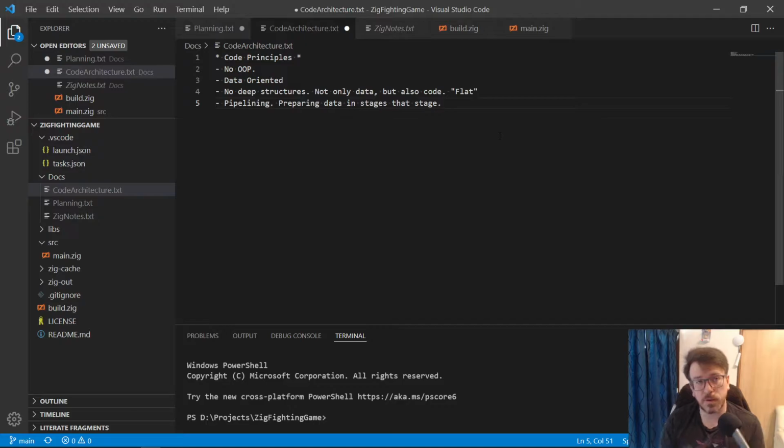An example of that, as far as animation goes, is you would generate all the positions of all the bones in a skeleton in one stage, and then on the next stage you would actually do the skinning, aka updating all the vertices of the mesh. The benefit of that too is you can do these other stages that are not necessarily dependent on each other in separate threads. So you could update the skinning of a character while in another thread you're calculating UI or something, just something simple like that.